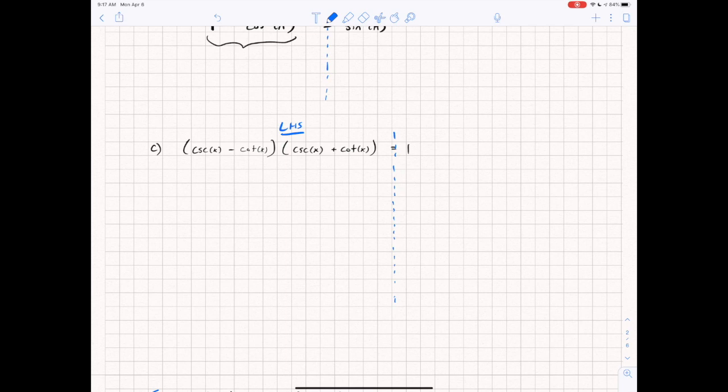and the reason why I'm going to choose to do that is because I noticed that I have a cosecant times a cotangent, and a cosecant and a cotangent. In other words, there's the same terms, but notice what's the only thing that's different between them. So this is essentially an a minus b times an a plus b scenario. It's a difference of squares. So just by looking at the overview of the problem, then instead of rewriting it and adding more trig expressions into this function, making it harder to look at, I'm going to go ahead and distribute and multiply this thing